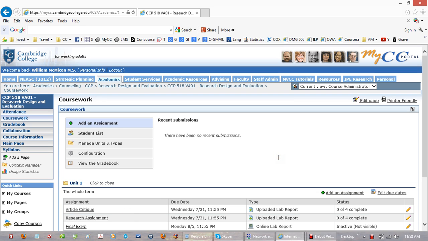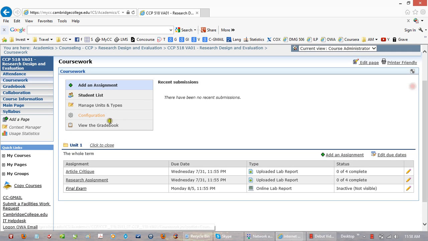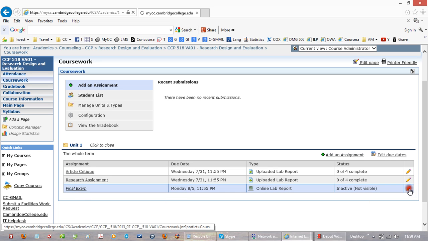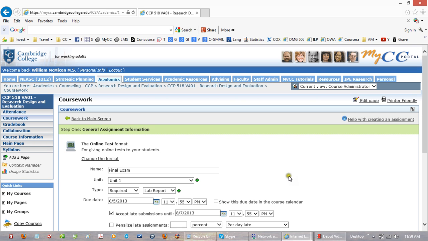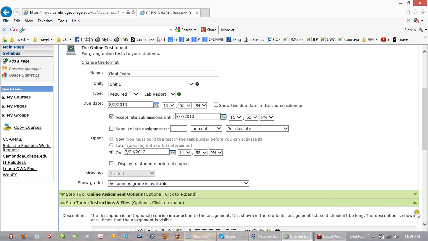In looking at Test Builder, you can always add questions or modify any quizzes or tests that you put online. Here's a group of tests or assignments, and you see one is called an online lab report. If I want to modify that, I have basically an editing pencil over here where I can click into it. I can see that I have an area to put instructions in, so I can tell the person when it's